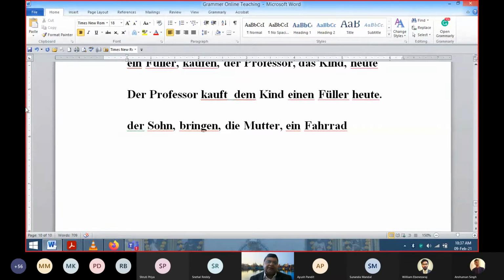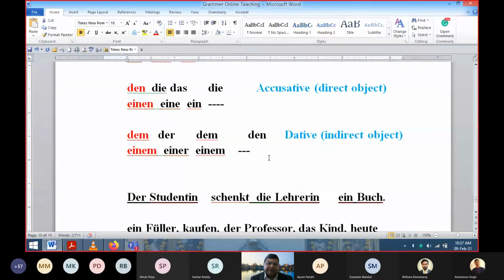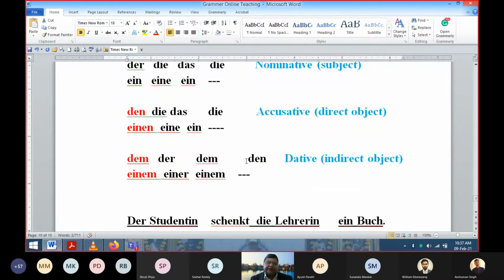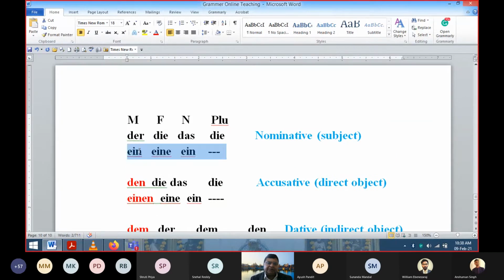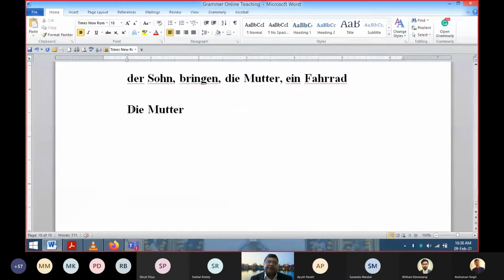Okay, fine. Then I have decided that I'm going to put mother as the subject, so I will write in the beginning: Die Mutter. Now I should think whether it should be die Mutter or whether it should be changed, because I am putting it as a subject. As a subject, I have to forget about the accusative and dative articles. Only I have to concentrate on this row. Mutter is a feminine singular noun, so this is the only possible option. This die is the only correct article which can go with mother. So here it is correct. Whatever is given, that is correct.